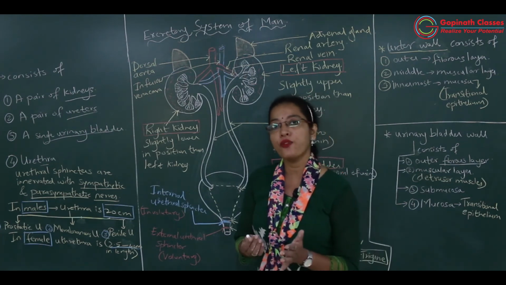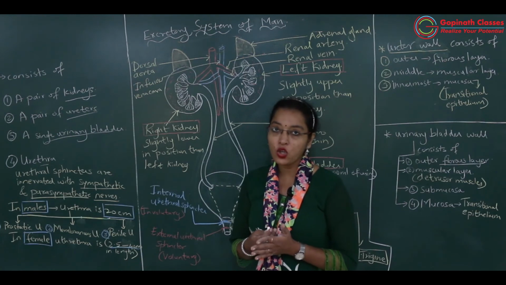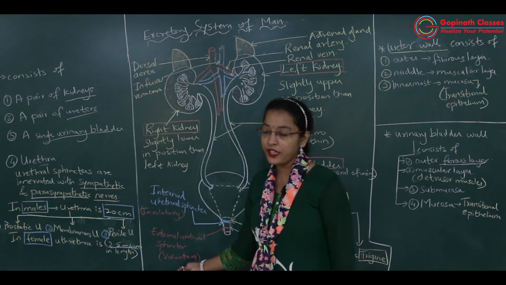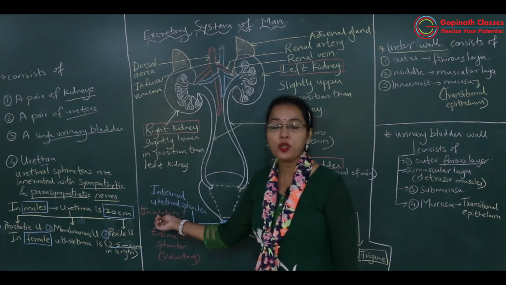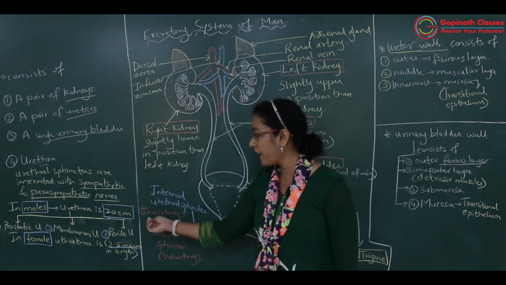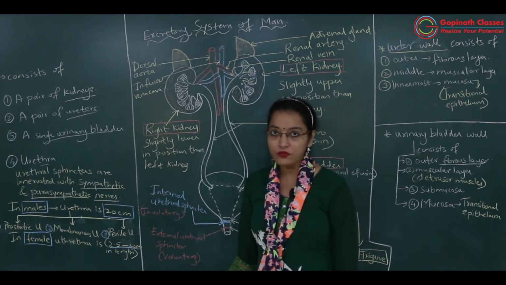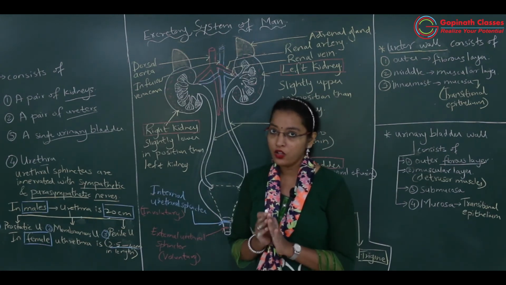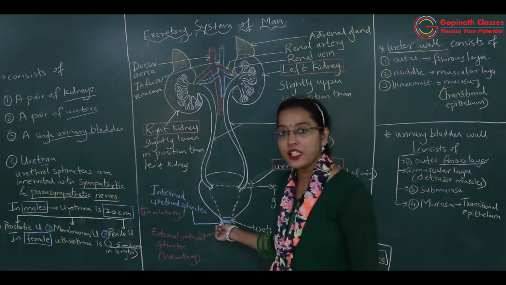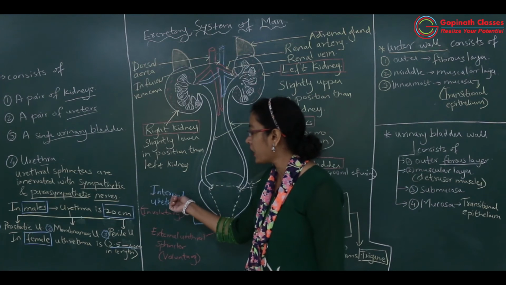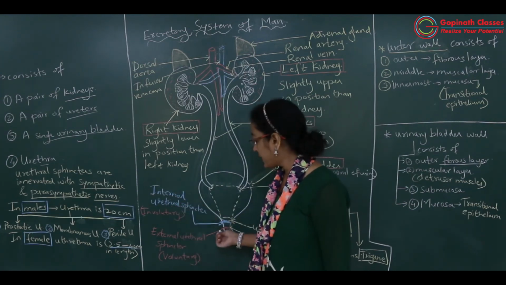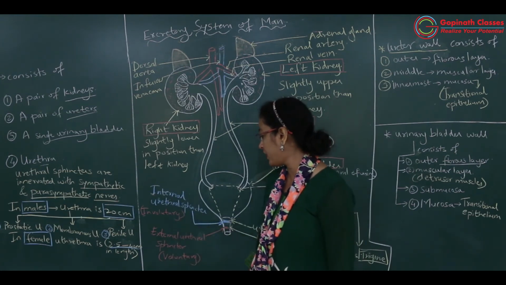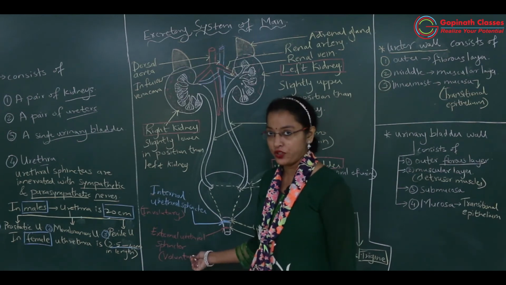So to some extent we can control urination because the external sphincter जो है वो voluntary है. Internal sphincter involuntary. So remember in this way, internal I and involuntary I. Involuntary का मतलब not under the control of our will. Got it? So the urethra has two types of sphincter, that is the internal urethral sphincter and the external urethral sphincter. Internal urethral sphincter is involuntary in action, external urethral sphincter is voluntary in action.